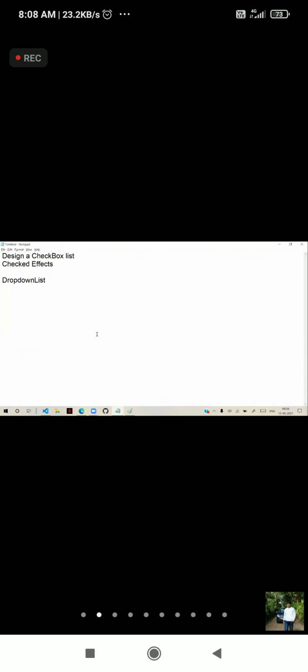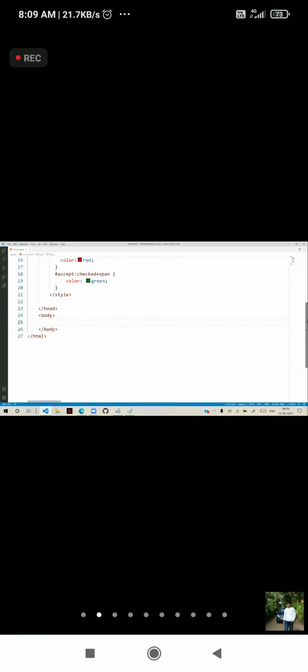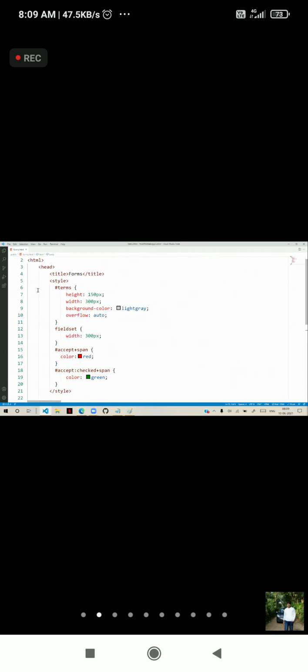By default, to design a drop down, we have select. Select is used to design a drop down, and select contains options. Options can be kept in an option group, optgroup, if you want to categorize. Without categories, you can directly use option. With categories, you can use an option group. So how can we design that? Suppose I am creating a simple design here; clean up all these styles.